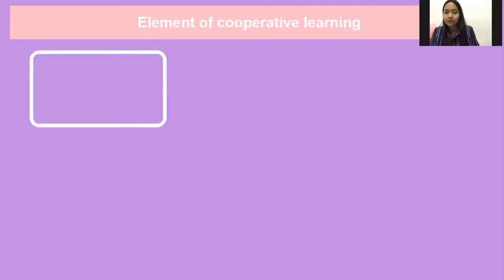So the next is about elements. Cooperative learning has 5 elements. For the first one is positive interdependence. It reflects that each group is in the same boat. Each group studies the material specified and ensures that all group members understand the content of the material. The second one is